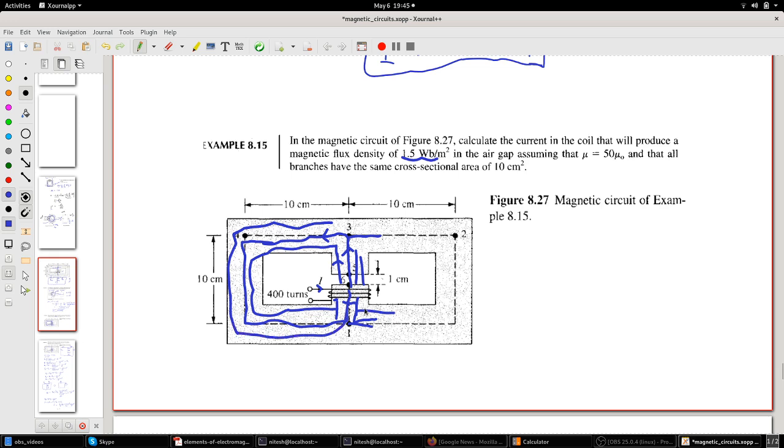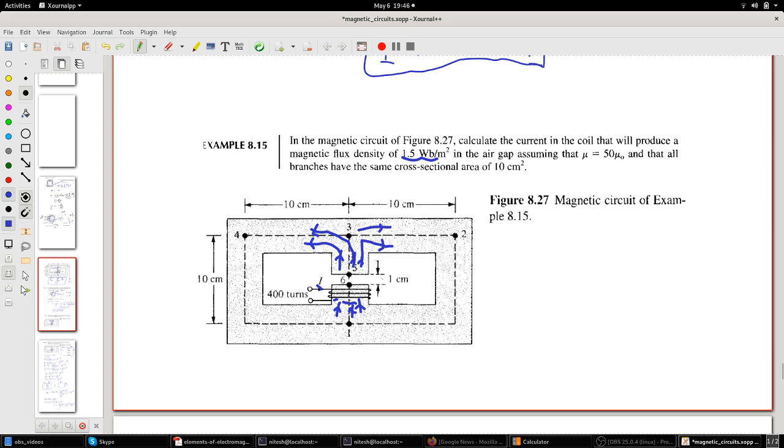So this is how your flux lines are going to flow. The main thing is it's going to be in this direction. If there is a current flowing through this coil, you will get flux lines going out in this direction and coming in this particular direction. They are confined to the core. We are neglecting the fringing fields, so we assume that they are being confined to the core.